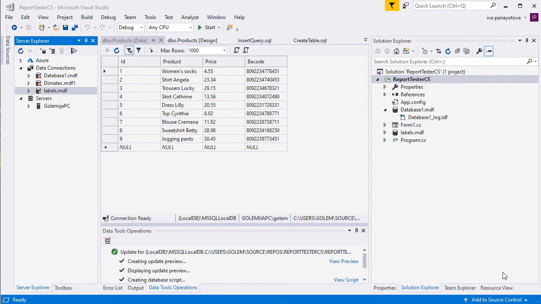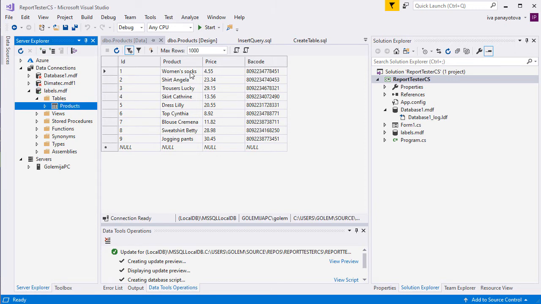Our sample uses the labels database, which is a MS SQL database. You see its only table. It consists of a product description, price, and a barcode. We will build a separate product with the report because we want to show you how to connect to a